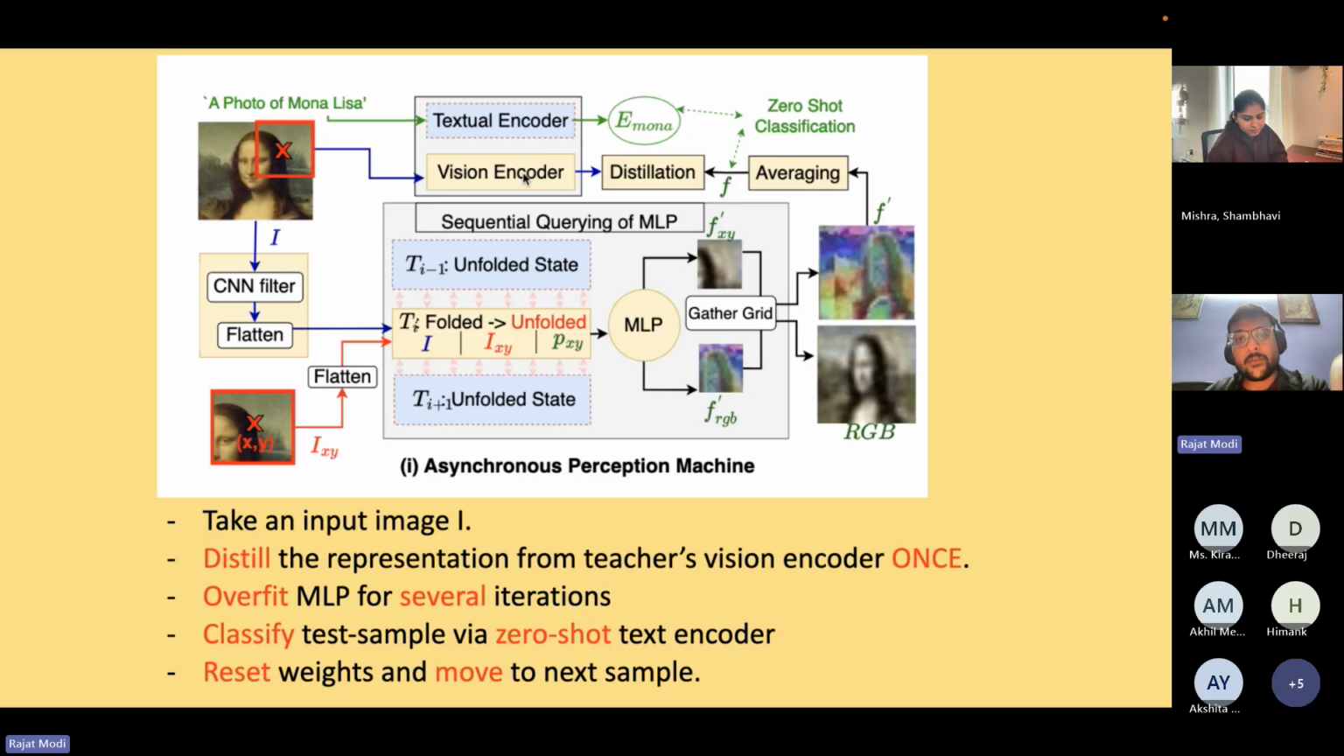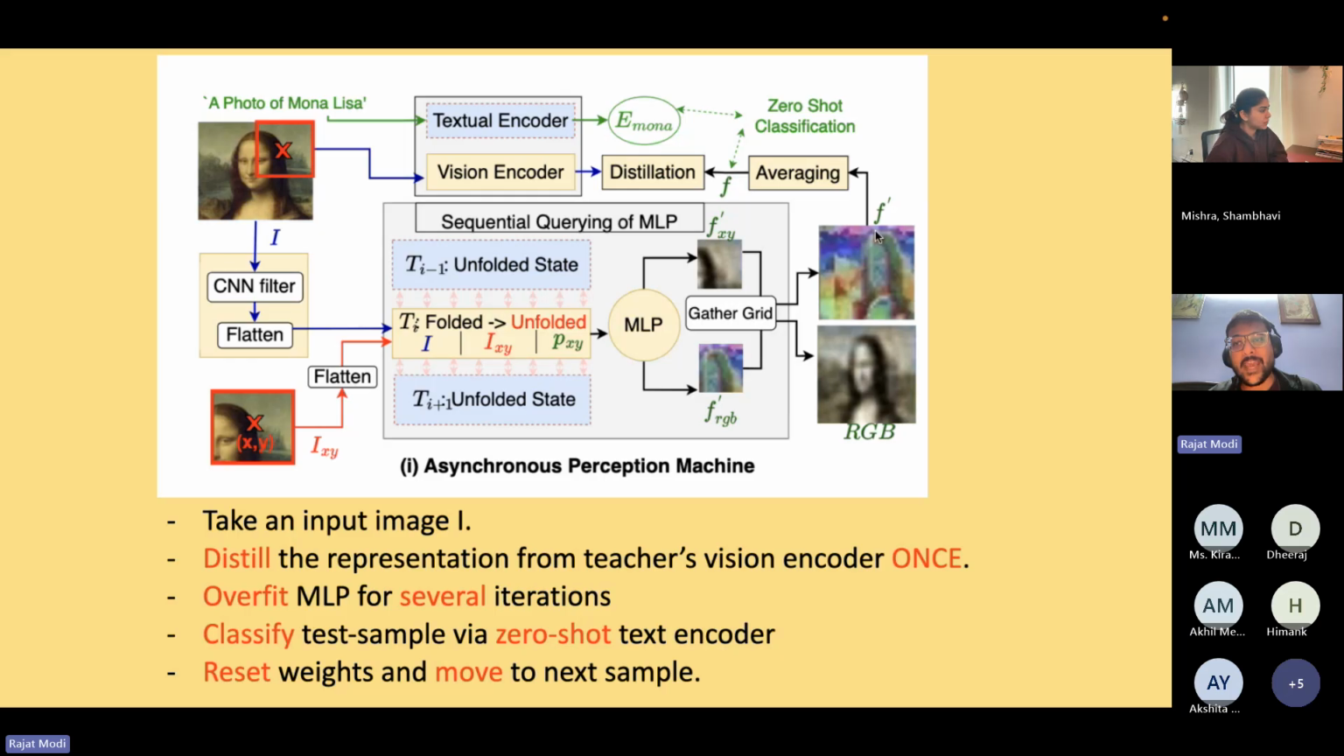So the feed forward through the vision encoder is only done during the first iteration of test time training. After that, we can discard this vision encoder. Now, for 20 iterations, what we will do is feed this image through our network to